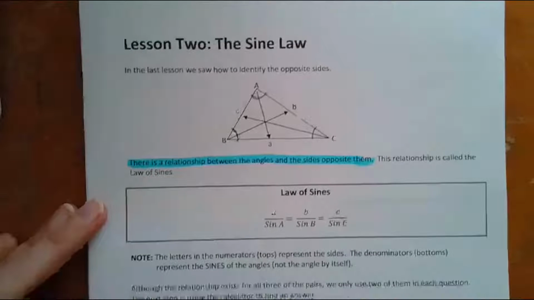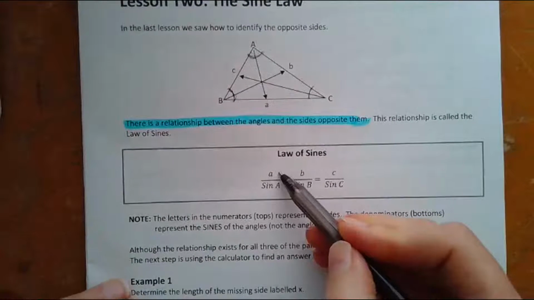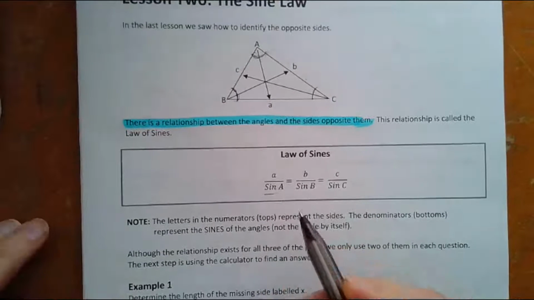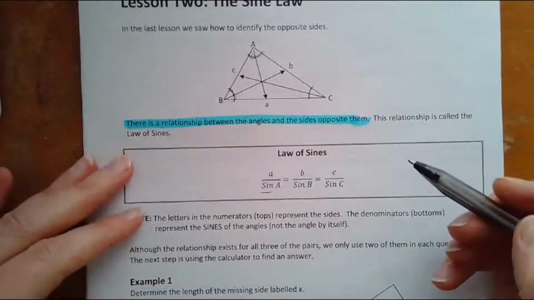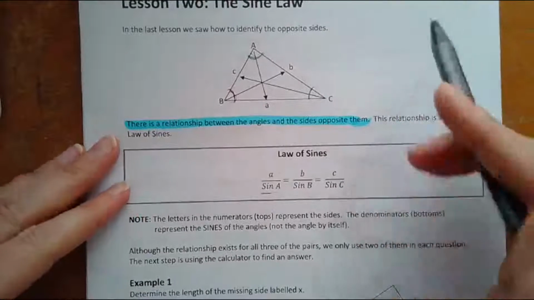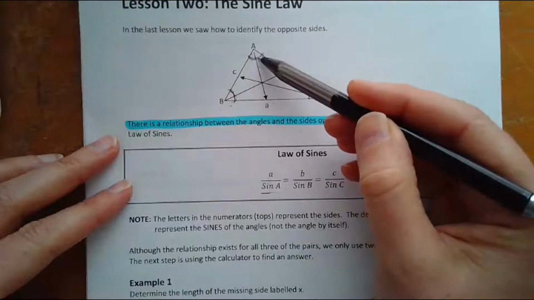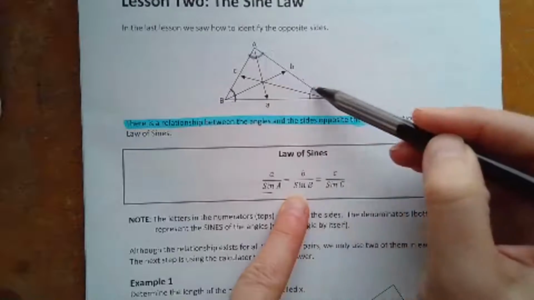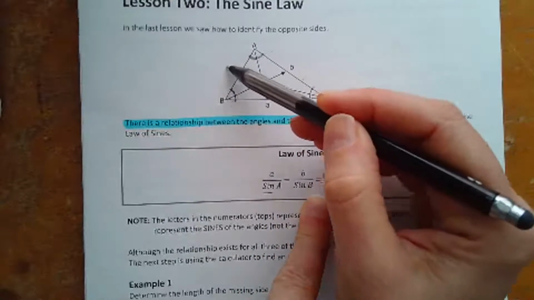And the interesting thing to know is that the length of side A divided by sine of A. Now this is the same sine that we saw in our sine, cos, and tan formulas in grade 11, but these are a different set of formulas. So how triangles work, this length divided by sine, and sine is something you find in your calculator, sine of angle A, is exactly equal to this length divided by sine of this angle,